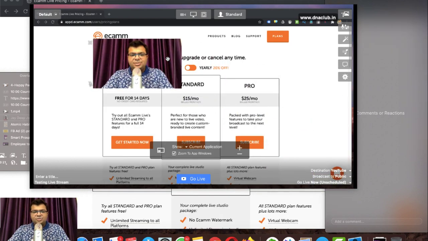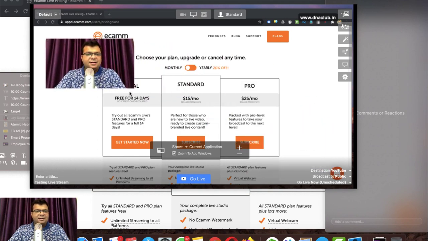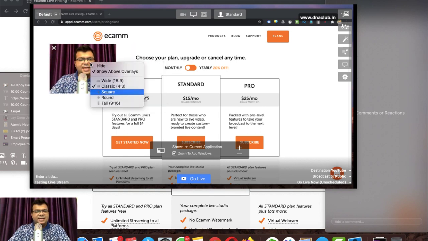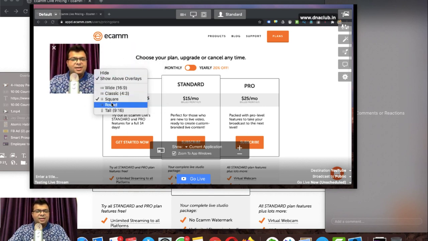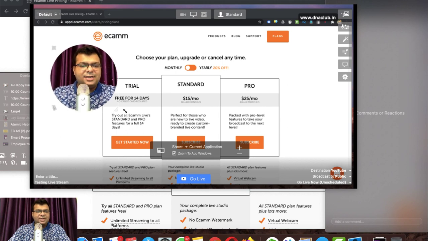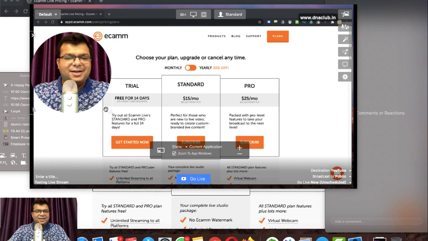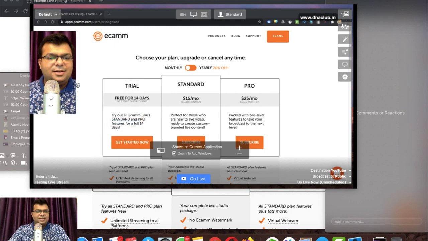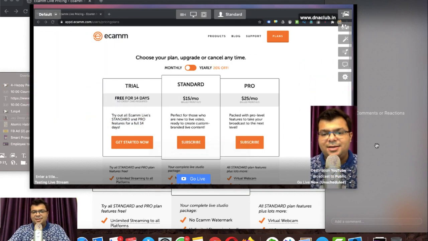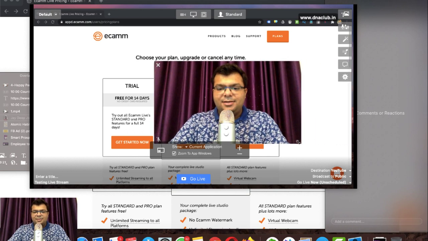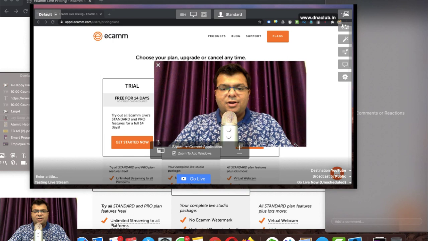And you can see my video is here. I can click and drag this, and if I right click here, here are some of the options where you can change the size of your video. Just like round, you can also do this round setting. So this way, hello everyone, round is also looking good, correct? Then tall, like this, I can put it like here. Tall does not look good, wide is good, right? And then you can change the size of your video like this.